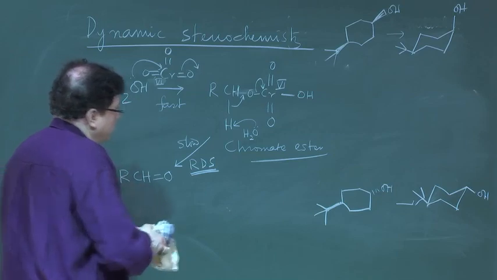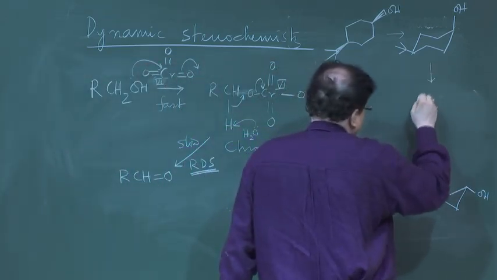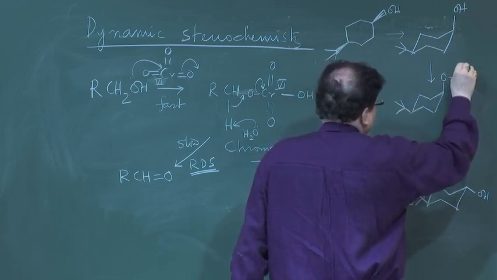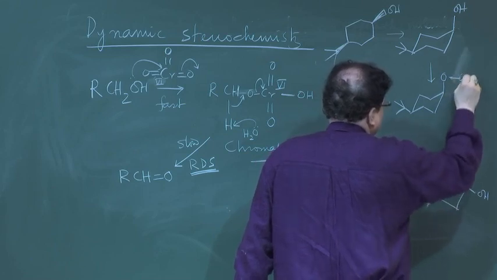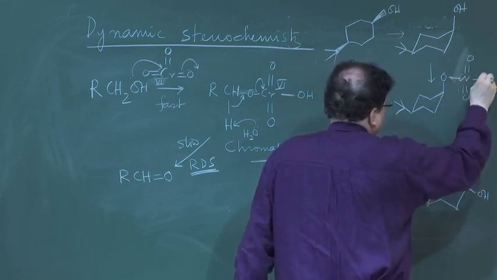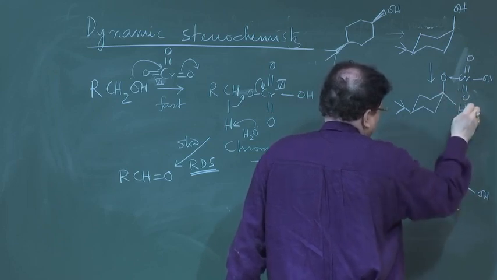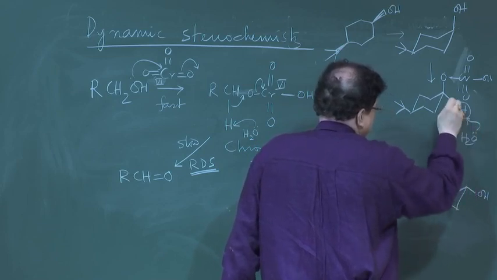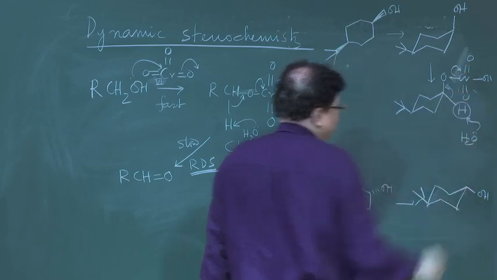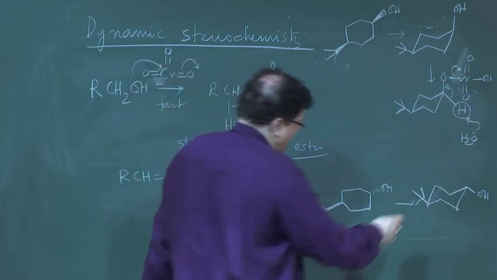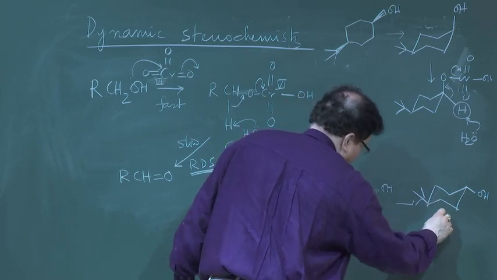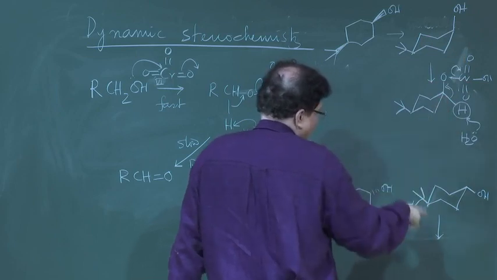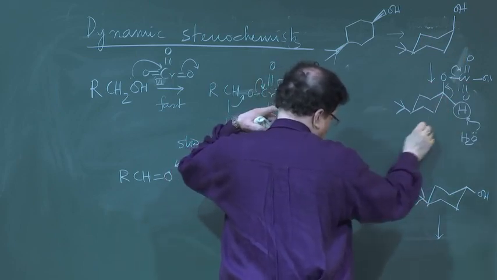So, we know that first this will form a chromate ester, RCr double bond O OH, and then this H, equatorial H, has to be taken up by the base to form the cyclohexanone. In case of the axial wedge, equatorial wedge, sorry, that we started with the axial wedge, so axial chromate ester, decomposition of the axial chromate ester, and that will give the